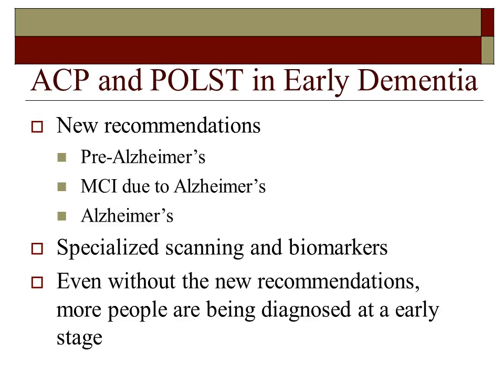Now, what about advanced care planning and POLST in early dementia? One thing that's going on right now is that there is a movement primarily from the neurology community to change the definitions of Alzheimer's. It's now recommended we don't say dementia, that we instead say cognitive disorder. They talk about a state called pre-Alzheimer's or mild cognitive impairment due to Alzheimer's or Alzheimer's disease. And in a way, that's a good idea, but I'm kind of worried about it because I think that it opens the door for